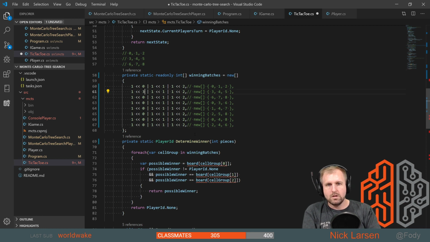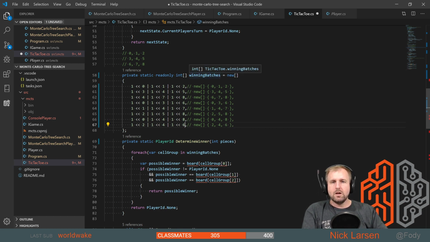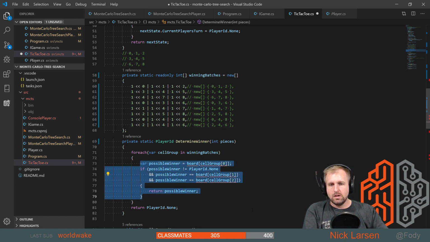Okay, 3, 6, 0, 1, 2, 0, 2, 4, 4, 5, 4, 3, 7, 4, 5, 8, 6, 7, 8, 8, 6. Okay, so now this gives me all of the winning locations, all of the winning configurations as just integers, and then all of this in here